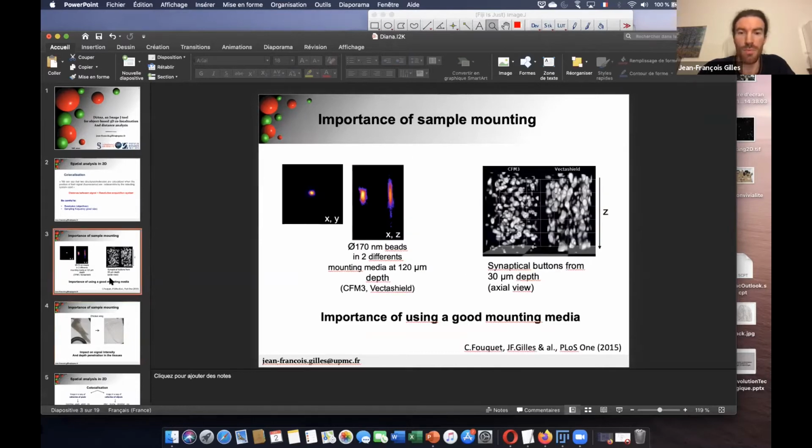Another thing you may know is clearing. Basically, we tried this with brain, I think it was mouse brain, and we put the brain in this medium, and the brain became transparent.